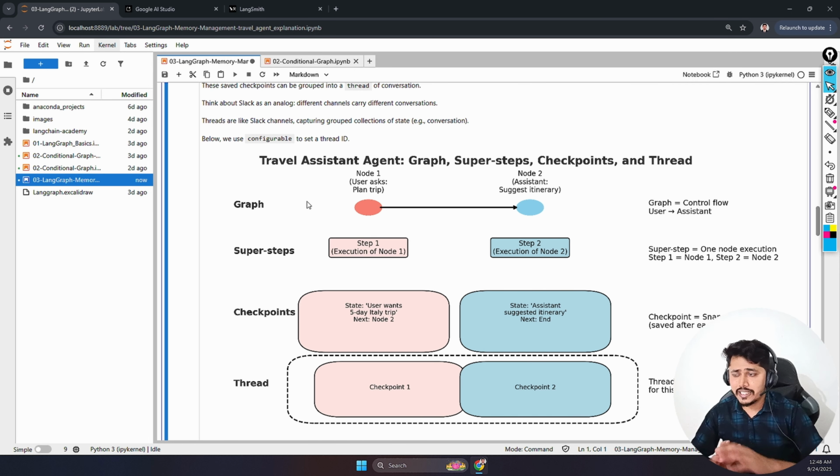This is a very simple example that I have tried to cover. For a travel assistant, let's say we have a graph. There are two nodes. The first one is the user node, where we are asking the question, let's say, to plan a trip, and the second one is the assistant, which is generating the response and has suggested the itinerary. Now these two nodes are in sequence. Whenever the nodes are in sequence, it creates different checkpoints at each step. But if the nodes are in parallel, then it creates a single checkpoint. How exactly does this happen? For example,